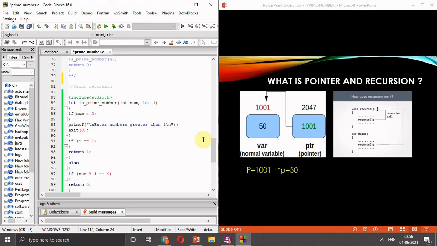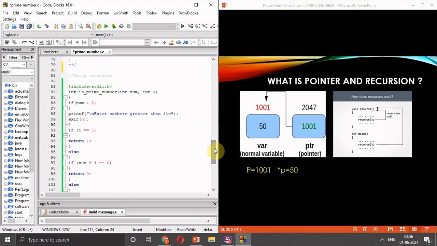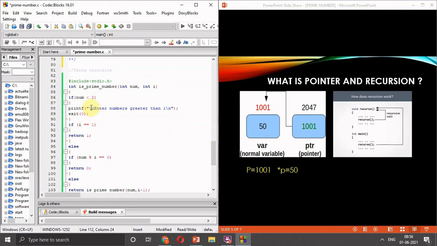Okay, here if the number is less than 2, then we will print, enter a number which is greater than 2. As we know, we always start finding factors from 2, so the number should be greater than 2. So if the number is less than 2, we will exit. Now if the number is greater than 2, then we will jump into the if part.